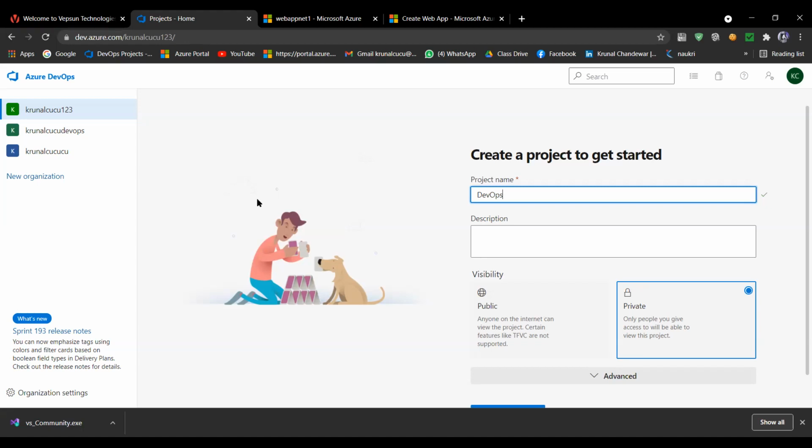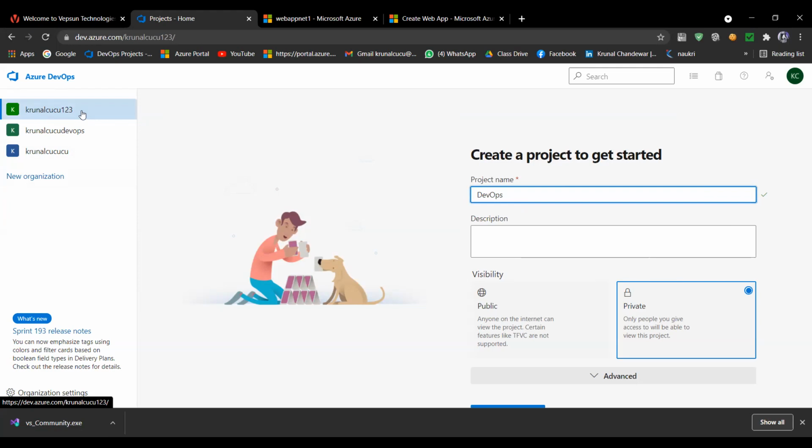Okay, what does it mean? If you are a DevOps engineer, and you are working as a freelancer, or with your company, or even personally, first you should have one DevOps portal. This is your DevOps portal, and under that portal, if you are working for Cognizant, this name should be Cognizant. If you are making a personal project, give the name of your organization as personal. If you are making a project for Infosys, give the name of your organization as Infosys. That is the correct namespace. Okay. And after that, if you are building a project under this, I give the name of mine.